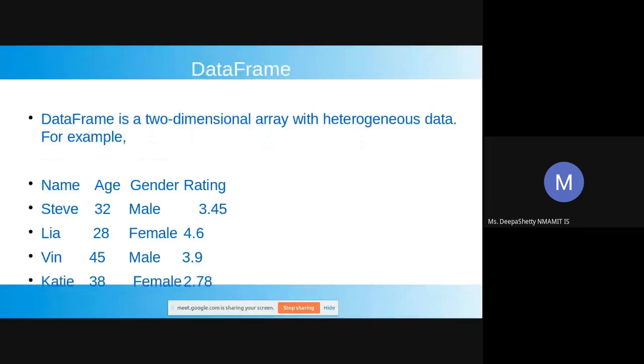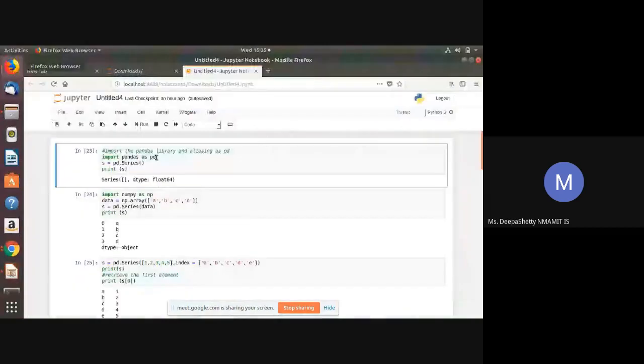Now let us see how to make use of pandas under Jupyter Notebook. So let us open Jupyter Notebook. First, in order to make use of pandas, we need to install pandas into our system. The command used to install pandas is, we need to go to command prompt and type pip install pandas if we are using Python 2 or lower versions of Python, or pip3 install pandas if we are using Python 3 or higher versions of Python. Once the pandas package is installed in the system, we can make use of that package using the import command.